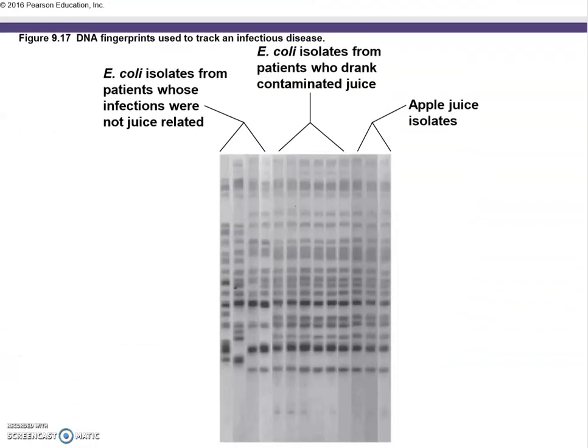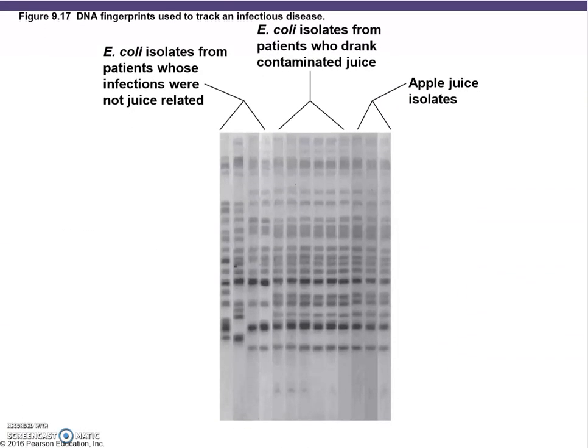And here would be an example of DNA fingerprinting. The goal here is to track an infectious disease. So here basically we have an infectious pathogenic E. coli, and you're trying to track down the changes between a non-pathogenic and a pathogenic E. coli and see where the change happened. And so here you have several E. coli isolates from